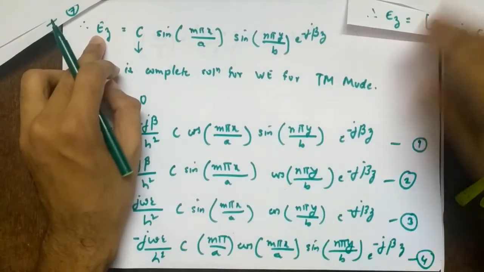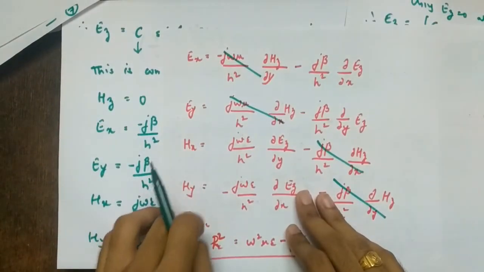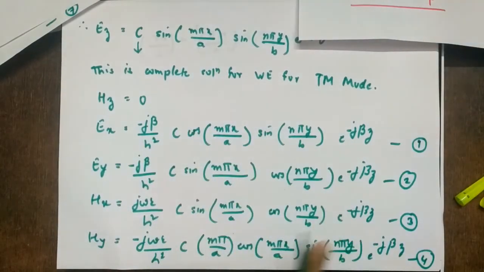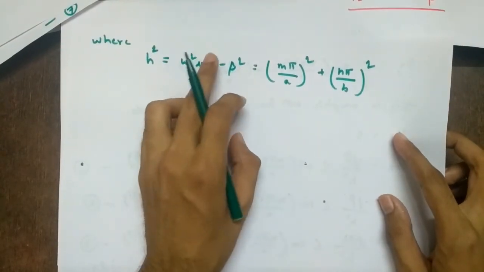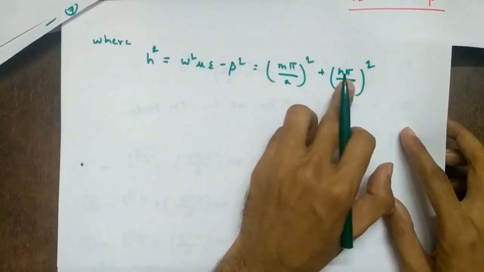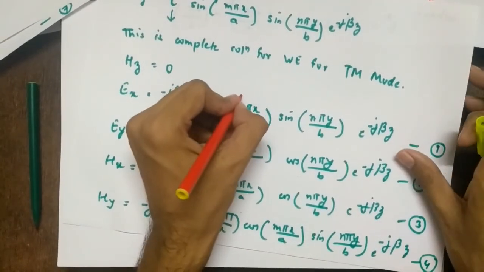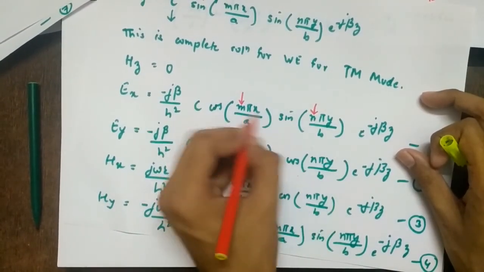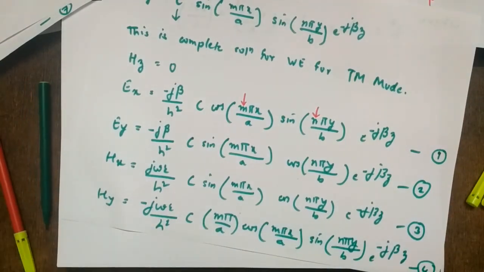So we have known Ez, and Hz is 0, so Ex, Ey, Hx, Hy are remaining, so we substitute here. Derivative with respect to x and y we take, so sin might become cos somewhere. That is how you get these equations. And finally, h square is omega square mu epsilon minus beta square. We have seen these equations in the last lectures. If you use those, we will get this as m pi by a the whole square plus n pi by b the whole square. So what is the change here? Instead of a single m, now we are getting n also. So just think over what might be the effect on modes for this. Okay, then we'll continue tomorrow.